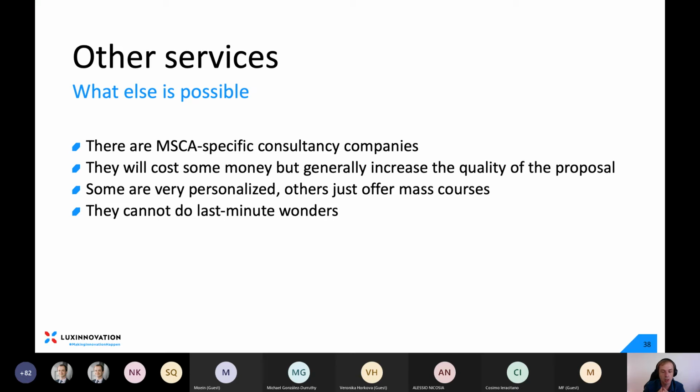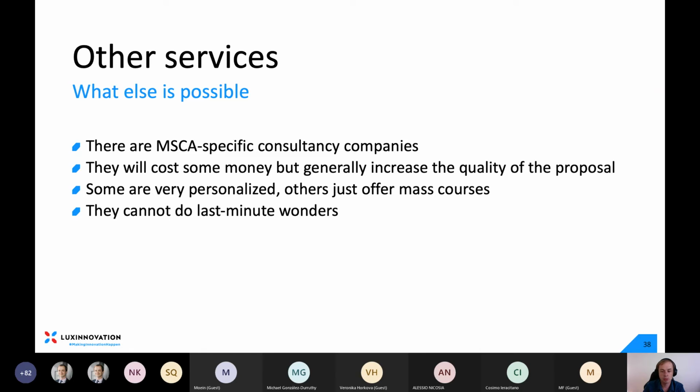Some hosts offer this, they have budget for this. Some hosts don't. That's completely up to them. It's not mandatory. There are many good proposals that make it without. But